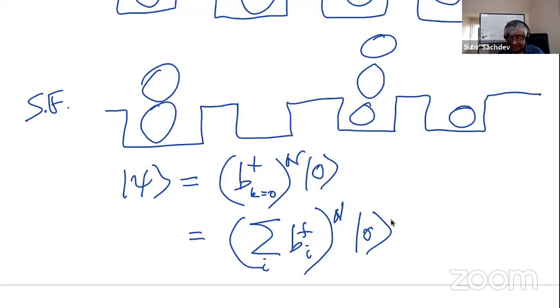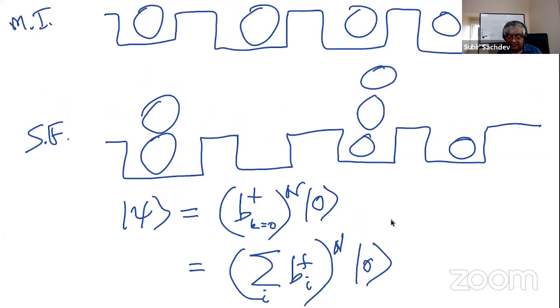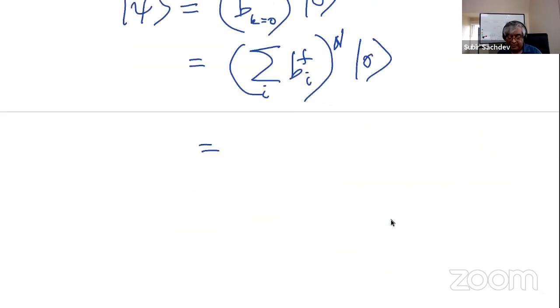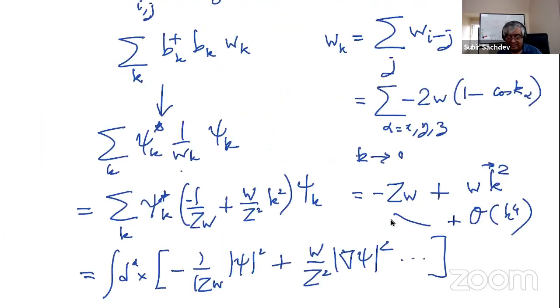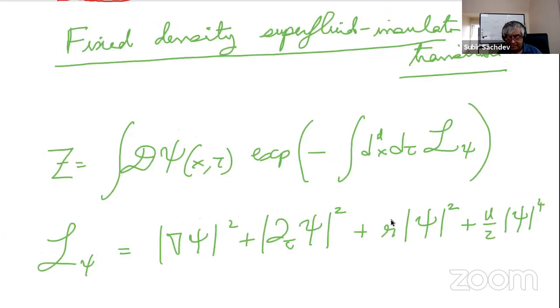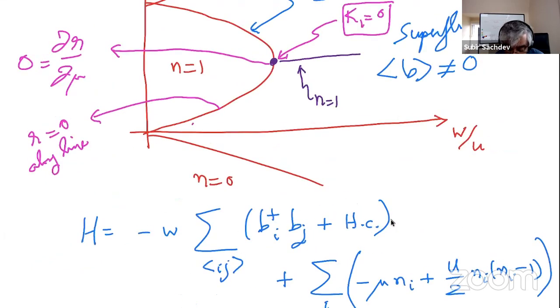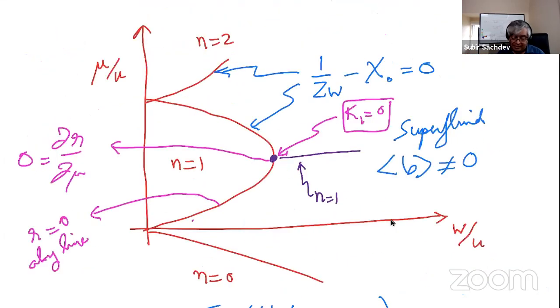But the density is still 1, right? If the number of sites is equal to the number of bosons, the density is still 1. Yeah, thank you. And on average, on every site, the average density is 1. But the difference between the Mott insulator and the superfluid, even though the average density is 1 everywhere, is that if you were to sit at a given site in the superfluid, you will see lots of number fluctuations,